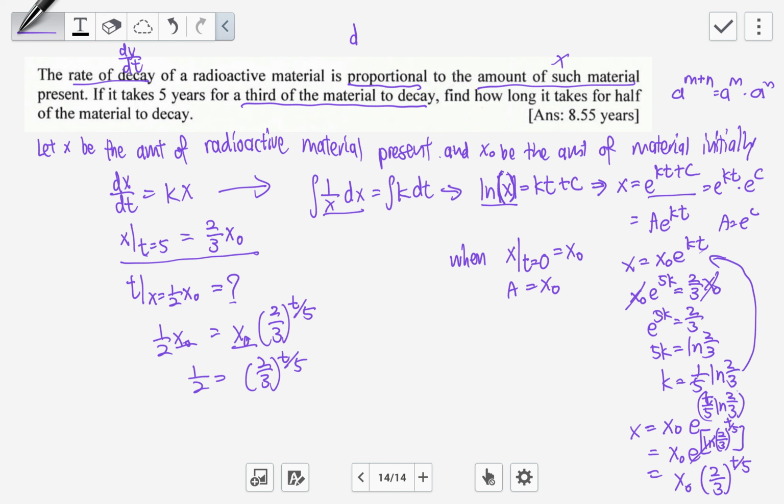To find my t over 5, I use the ln function to get the t over 5 down, and then we have t equals 5 ln(1/2)